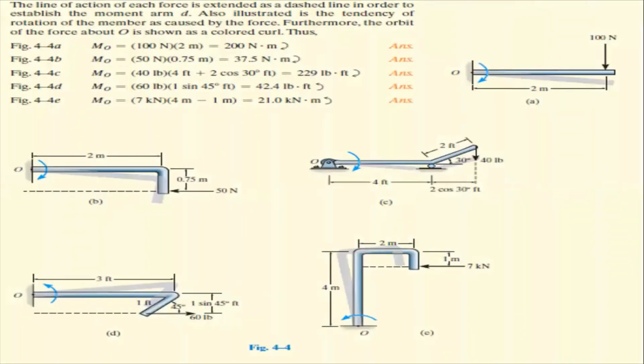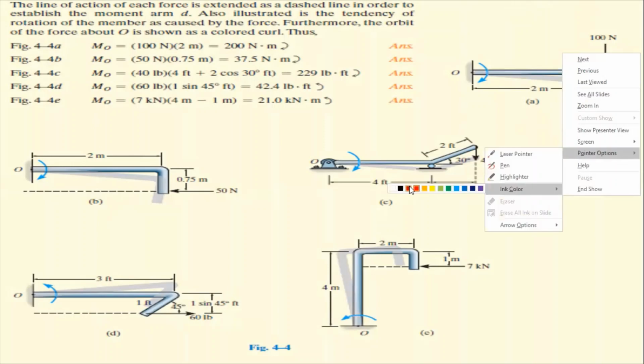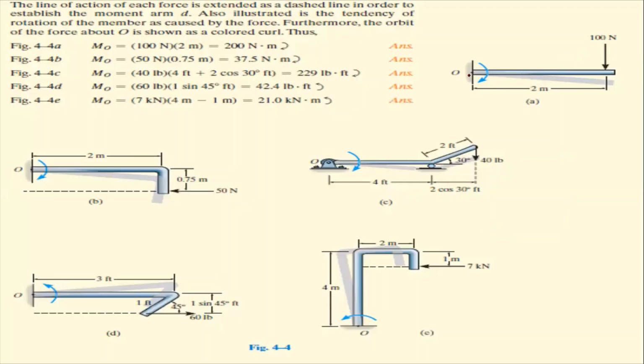I am moving to the next slide, and you can see here, how can you calculate the moment? For the first figure, this is figure A, or part A. Let me take a different color. If I am going to sum up moments at point O, what do I have to do? For example, I sum up moment at O. So I will rotate this force towards here. When I rotate it here, it is moving towards here.